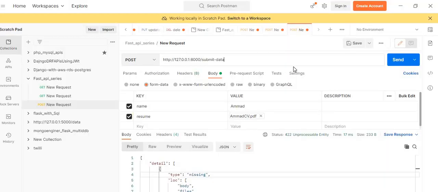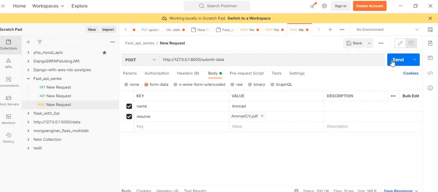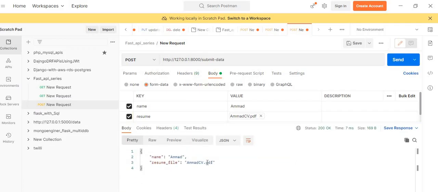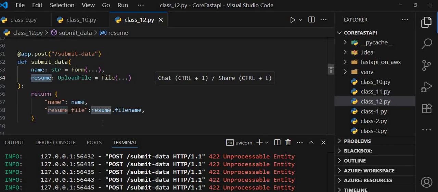I'm going to paste here, and if I click this send request, save this and call again, and if I hit now, you'll see I'm getting some response from my API. Resume file number and name is this. So in this way you will handle the form data plus files to upload in single route in FastAPI,